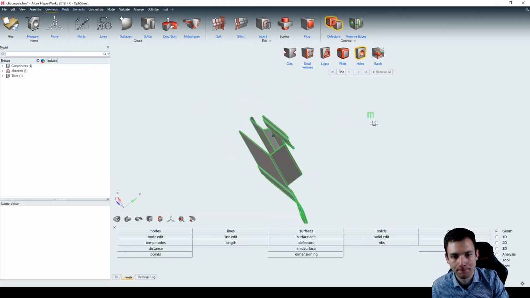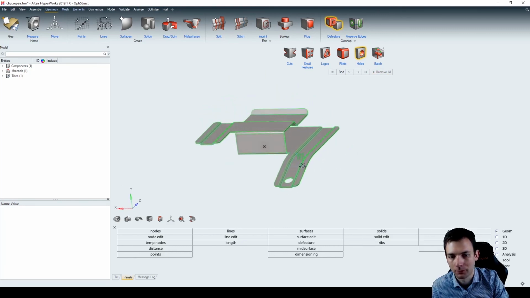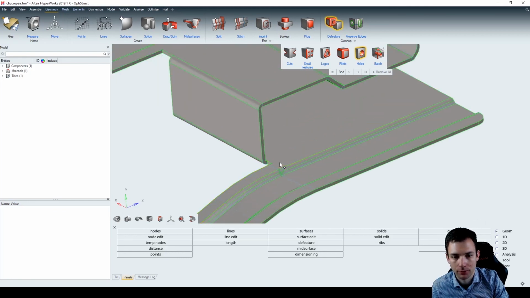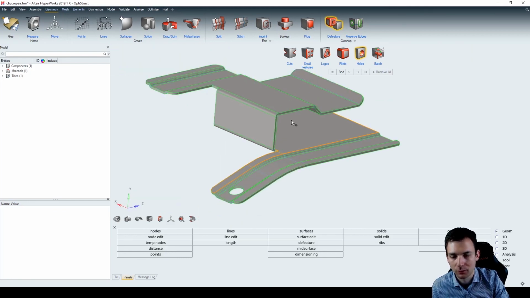All right. This is an also perfectly suited model for generating a mid-surface, and this will be the topic of